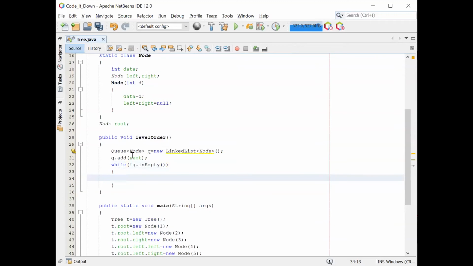Then as I said, we'll make the root node 1 a temporary node: temp equals queue dot poll. What is this poll function? This method of queue returns the element at the front of the queue.